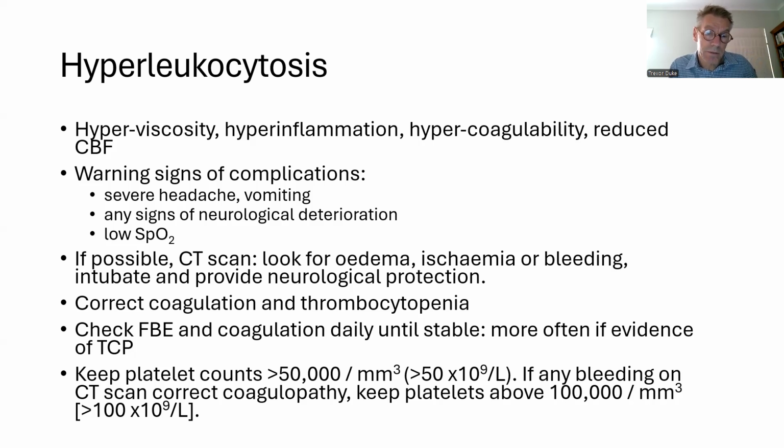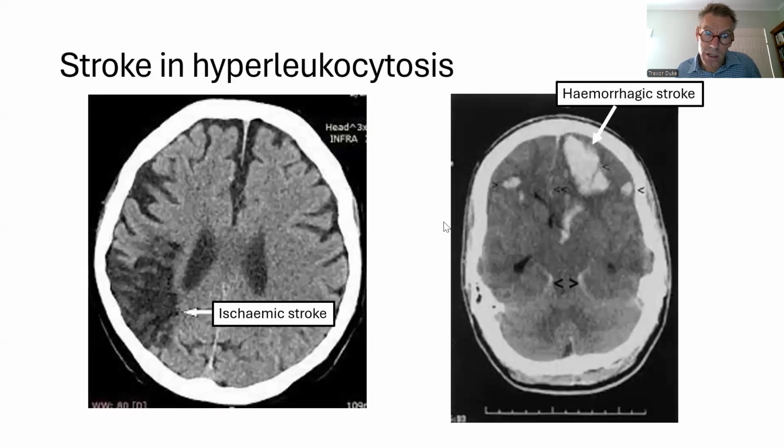And I always try to keep the platelet count above 50,000 if there's any risk of hyperviscosity or cerebral injury, but don't keep it very high, because if you keep giving platelets, that can feed a clot if there is one. If there's any bleeding on the CT scan, then you need to urgently correct the coagulopathy and keep the platelet count above 100,000. But the key aspect of management is to reduce the white cell count to a safe level as